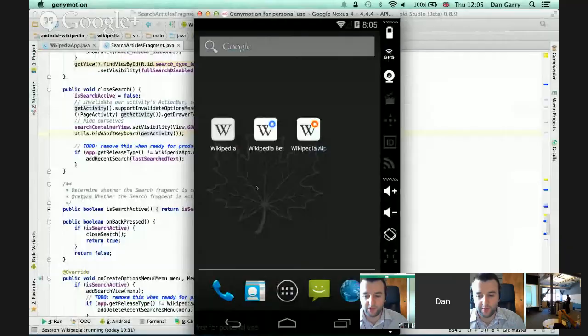Okay, so, right. So I'm going to talk about what the Wikipedia app is doing to improve search, and it uses Wikidata. So first of all, can everyone hear me okay? Can everyone see my emulator here? No,